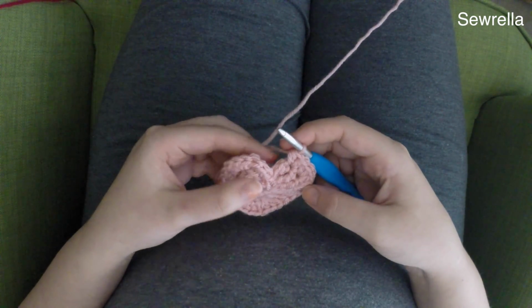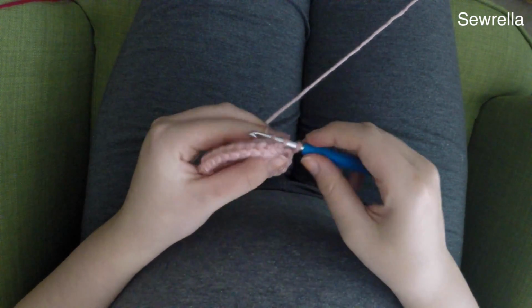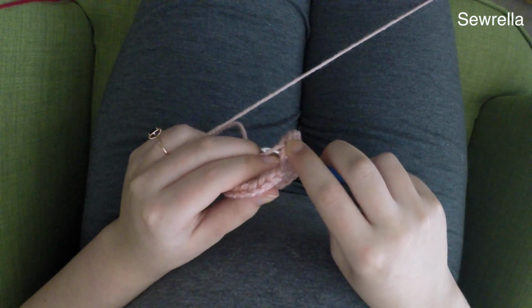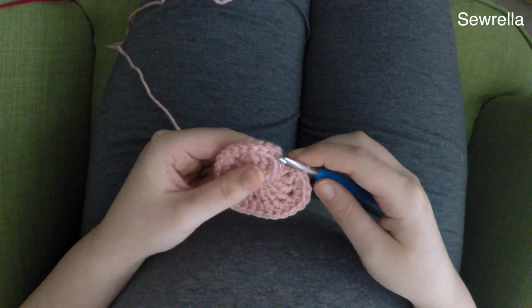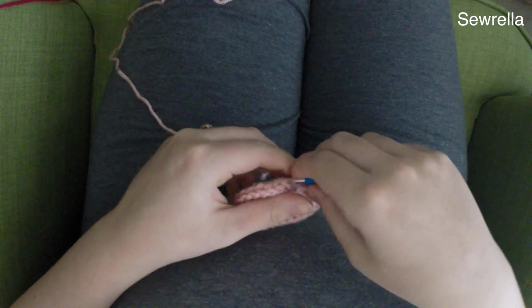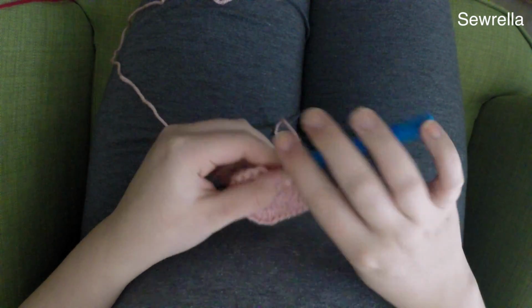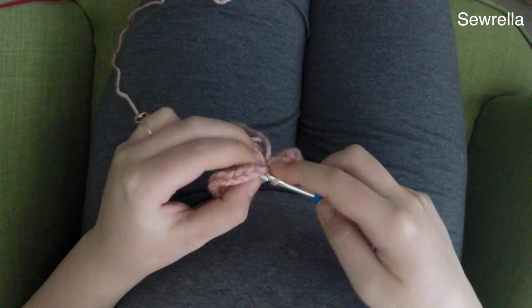And now we've come back to our chain 2 from round 1, and we're just going to single crochet and then slip stitch into that chain 2. So we've single crocheted, and then we're going to go ahead and slip stitch in that same spot. So that finishes round 2, and that is our medium-sized heart. If you would like to stop here, you're more than welcome to. You can go ahead and finish off that yarn, or you can continue with me starting round 3 for the